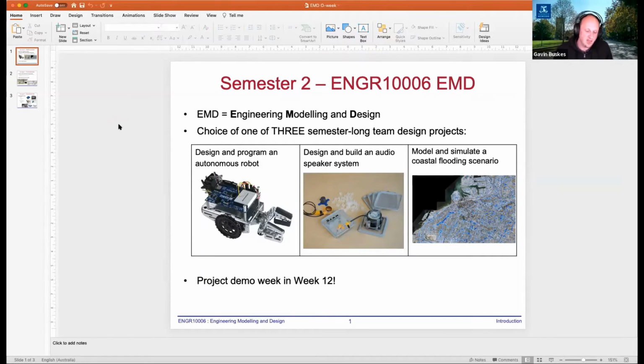We have 3 projects that will run for a full semester. One is designing and programming an autonomous robot. Pretty cool, huh? It follows a line and picks up objects. One is designing and building an audio speaker system from scratch. You'll be able to 3D print your speaker and assemble the magnets and everything. And one is